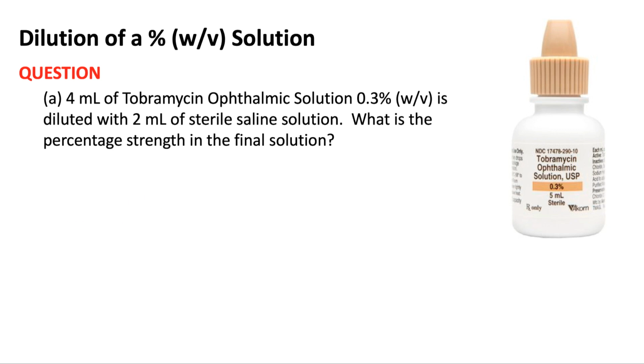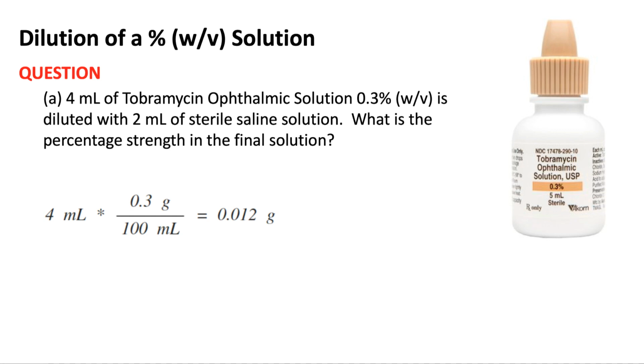Okay, so where do we start with this? Let's start by first calculating how much drug is in our 4 milliliters. Okay, because the mass of the drug, when we dilute something, the amount of drug doesn't change. However, the volume it finds itself in does change. It expands. So that's why the concentration will go down. Since the mass of the drug isn't going to change, let's figure out how much drug we have in our situation. So let's take the 4 milliliters that we're starting with and multiply it by the percent concentration expressed as